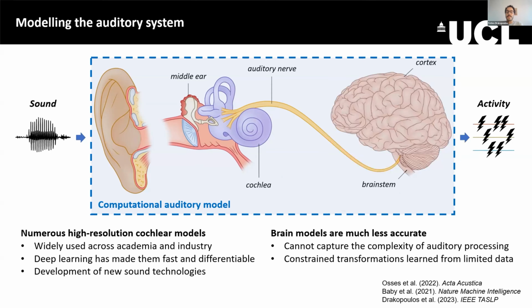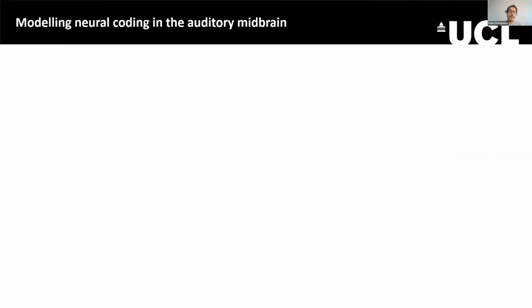But models of the auditory processing in the brain are still much less accurate and have very limited real-world applicability. And this is mainly because the way auditory information is integrated within the brain is much less understood, and the sound transformations that take place are too complex for models to be designed by hand, as in the case of the cochlea. So brain models have typically been developed to learn quite constrained transformations from very limited neural data sets. But recent advances in deep learning and large-scale electrophysiology have created this new opportunity to model sensory processing in the